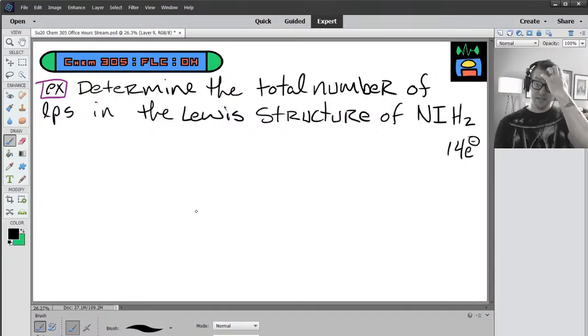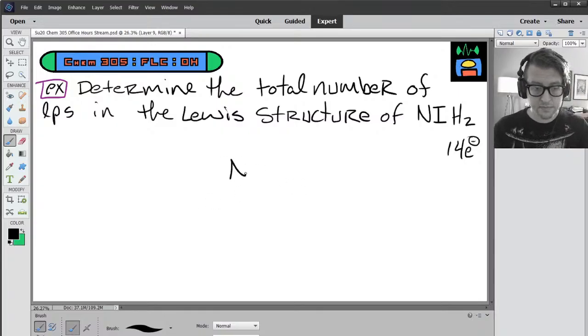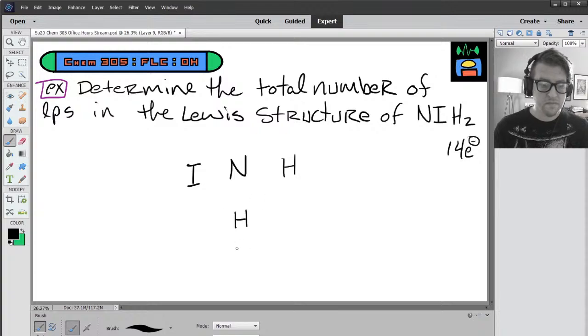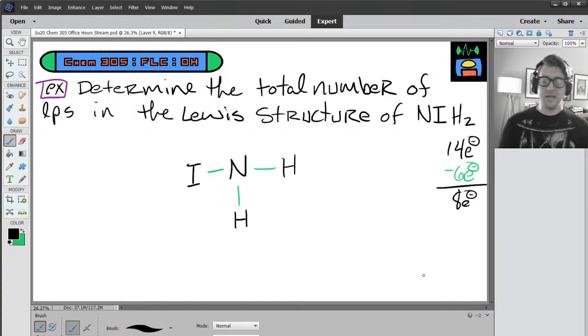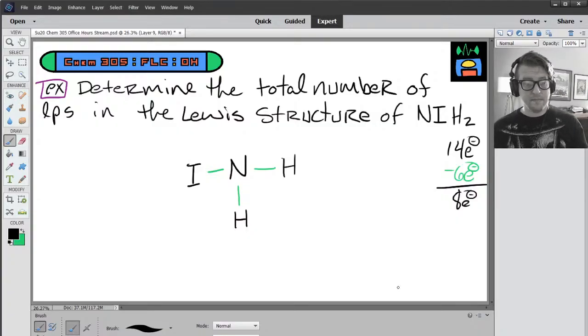Now we need to select our central atom and attach everything else to it. All right, now to make a bond costs 2 electrons. So 2, 4, 6, right? We're making 3 bonds. We subtract that from our budget, leaving us with 8 electrons. All right. Next, we need to complete our octets. Hydrogen is satisfied, right? Because it has 2 electrons each, and that's all hydrogen wants. Nitrogen needs